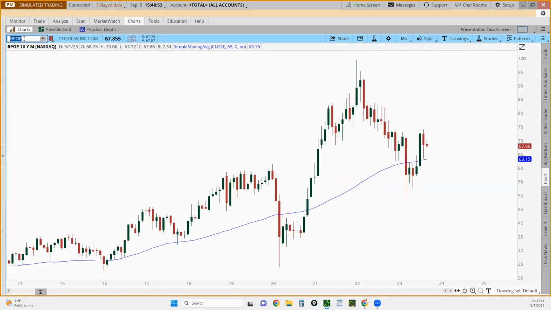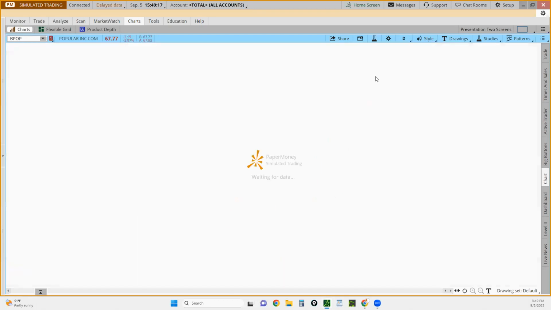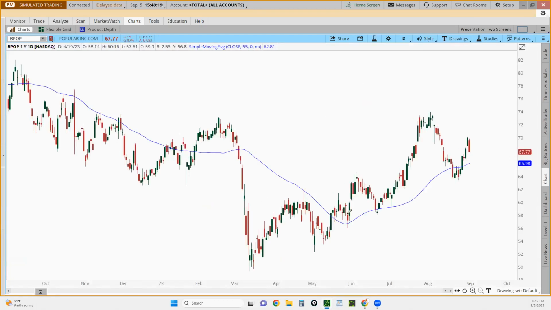Same thing, right? It spends most of its time in good neighborhoods. Even in the times when it dipped into bad neighborhoods, it was there for a short period of time because of what was going on in the market, but boom, it went right back up again. And this is actually a stock right now that, even on the smaller time frame, is getting ready to do something really fantastic. Look at what it's doing now on that smaller time frame. So I know based off this, it's doing the exact same thing.